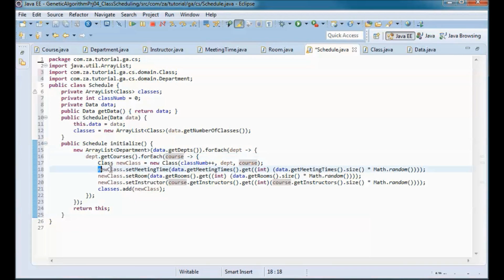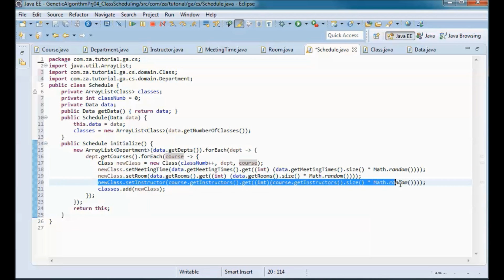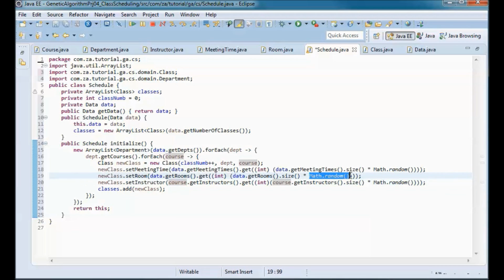And we randomly set the meeting time to one of the meeting times in data. So we're using Math.random here, and we do the same for room, we randomly set that, and the same for instructor. And then we add this new class instance to the array list of classes, and we return this schedule instance.